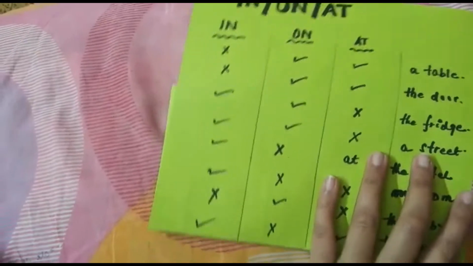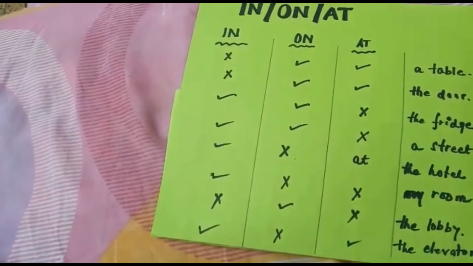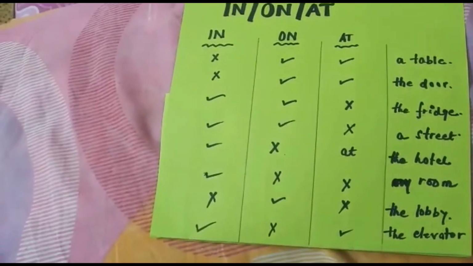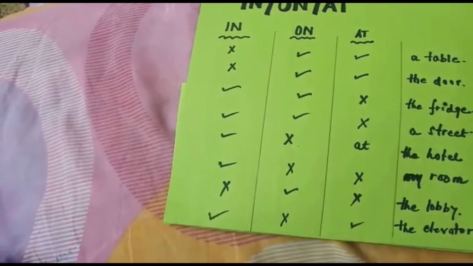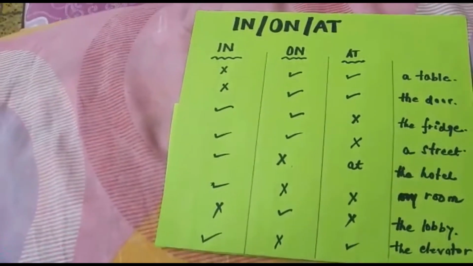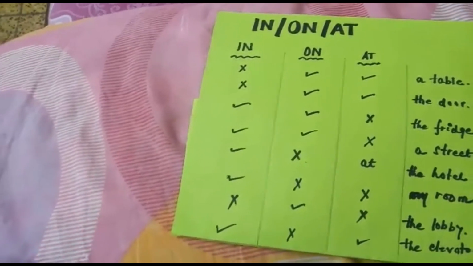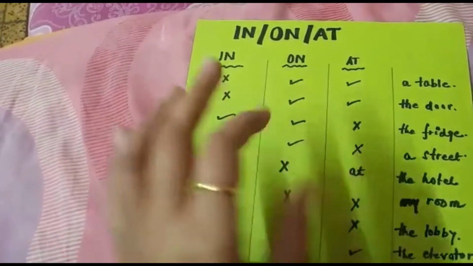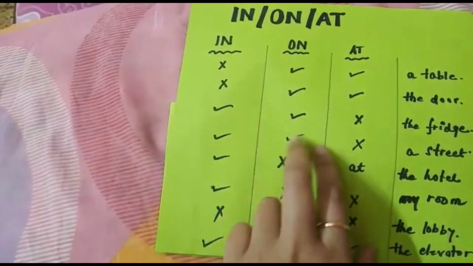When do we use "on" or "in" with street? We do not use "at". For example, a man is walking on the street. Okay, it means a man is walking on the side of the street. The side of the street we also call pavement. Okay, or you can say footpath. So this is what we mean when we make the sentence, a man is walking on the street. Sometimes we also say a man is walking in the street. It means a man is walking in the middle of the street. Okay, but in most cases we use "on".